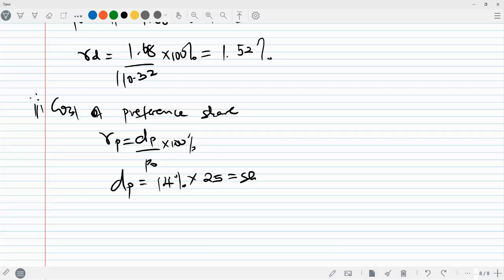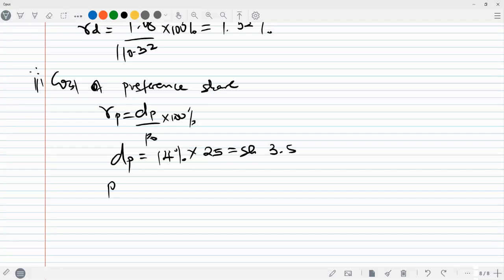3.5 is for the preferred dividend. The market value of these preferred shares is as per note 6. You'll be told that the price is at 3.5 cum dividend. Therefore, we need to get the ex-dividend price. So you remove the dividend of 3.5 to get the ex-dividend market value, which is equal to